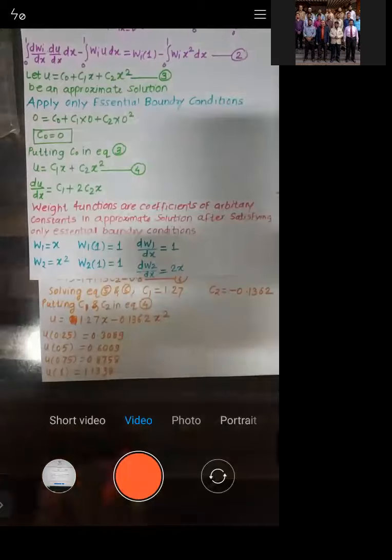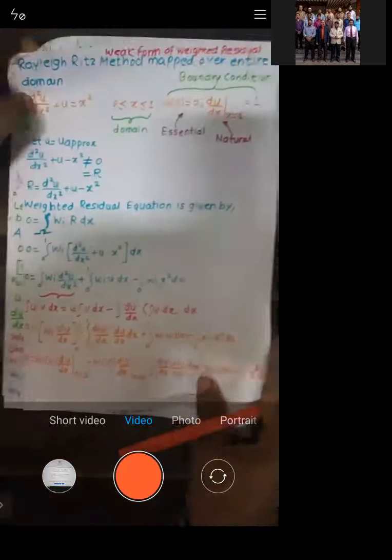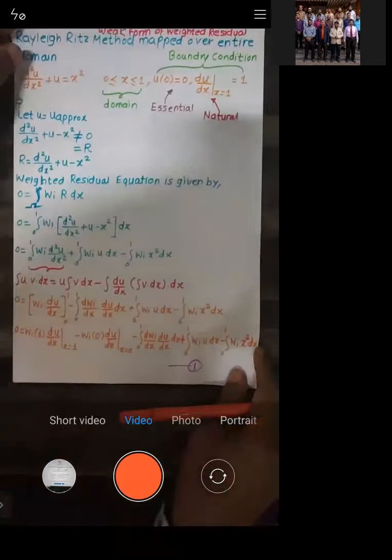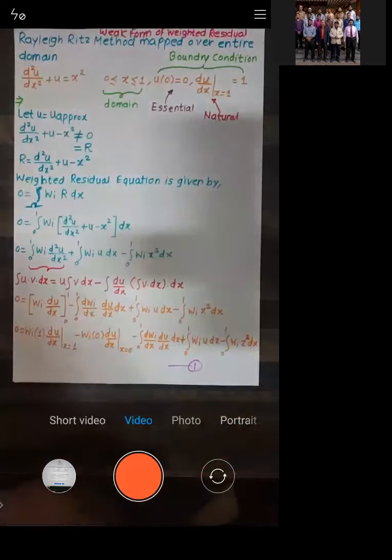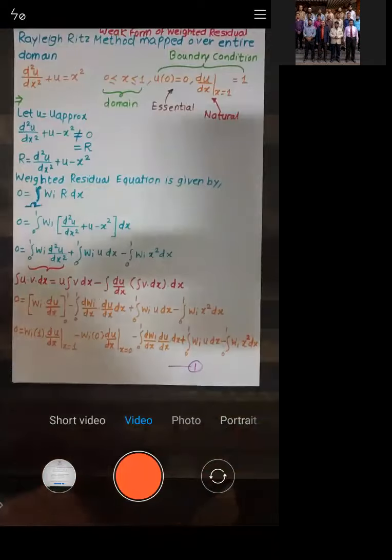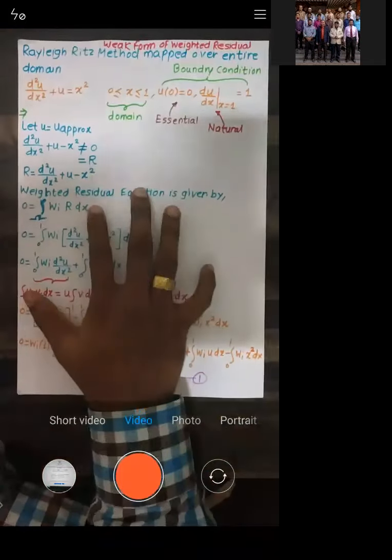Yes. Is it clear? Okay, so let me brief it. See, this was a numerical whose solution we already know by exact, by collocation, by Galerkin, least square and subdomain. So we already solved this numerical by 5 methods, out of which 4 methods were non-weak. We have solved this numerical by Rayleigh-Ritz method, which is basically weak.